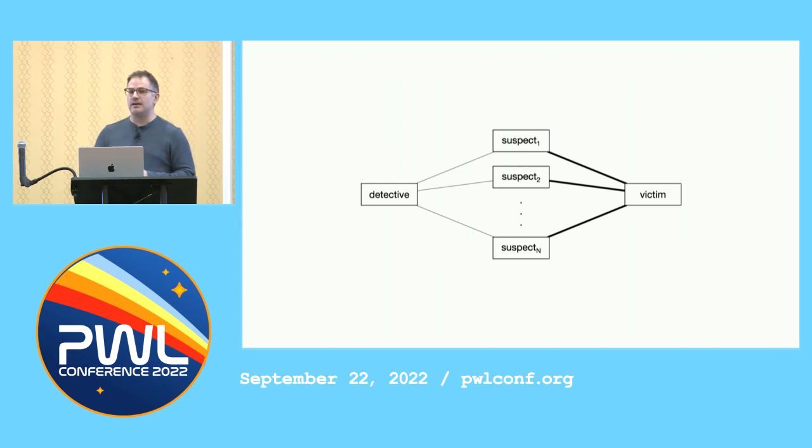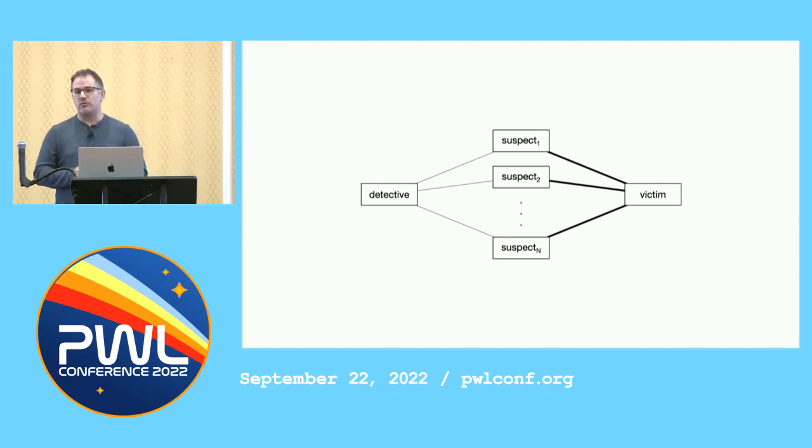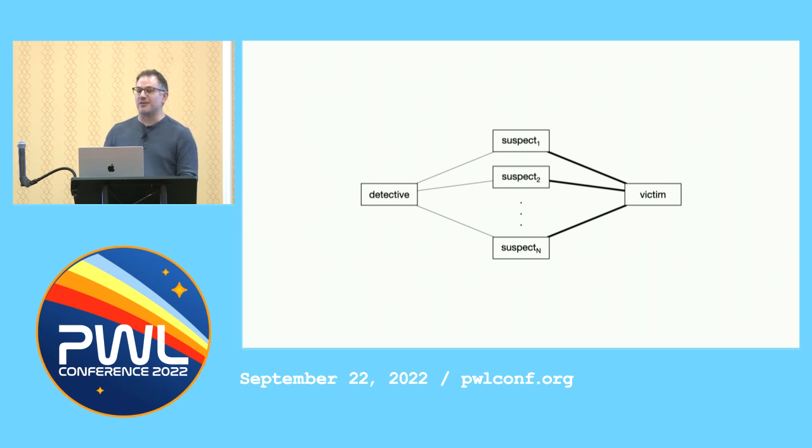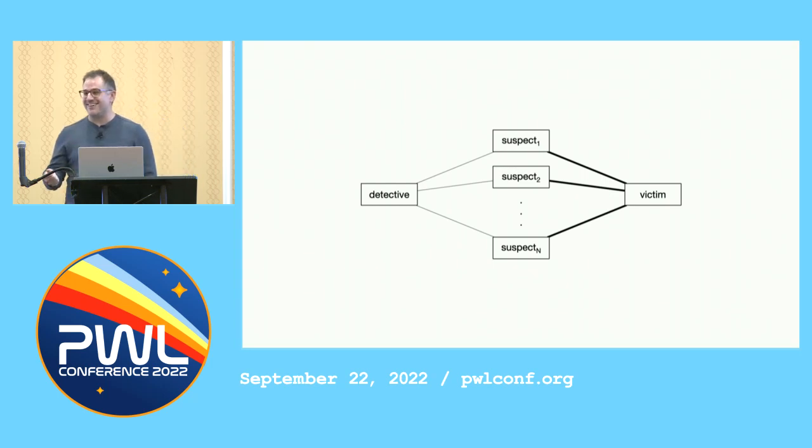As I said, the relationship between the detective and the other people is a little bit loose because almost anyone can be a detective. And if Miss Marple spends a lot of time in England, we can always just send her on vacation if we want her to solve a crime somewhere else. But there is a very strong connection between the suspects and the victims. Whoever we choose for one begins to constrain the other, and the victim sits at the nexus of all these strong edges. And so I think it's clear that this is where we begin. This is the one decision that gives maximal shape to the rest of the structure. This is the center of our structure.